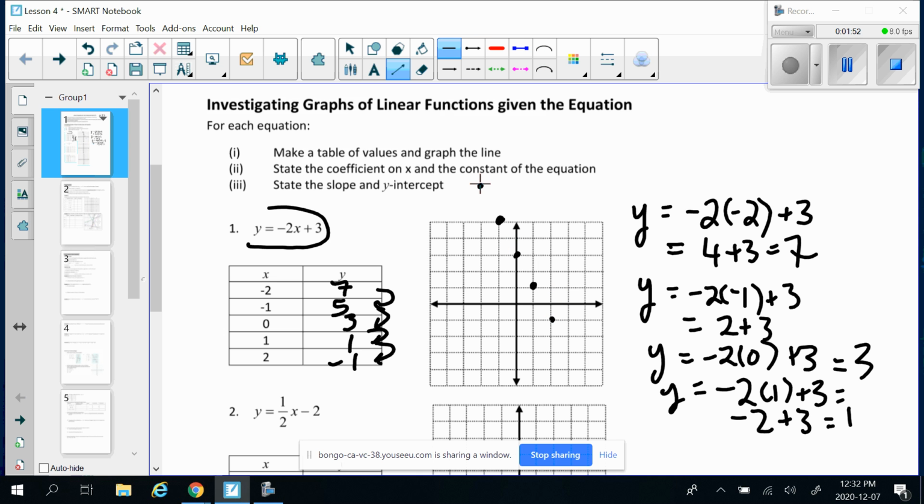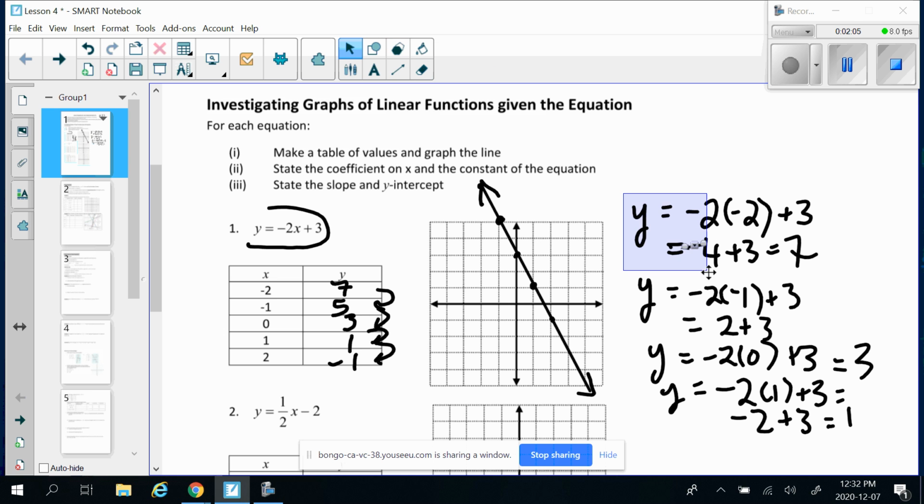So I'm going to go ahead and sketch that. And I'm going to extend this to the edge of the graph. And I'm going to put an arrow at the end of each of these. So I'm just going to erase this stuff for now,